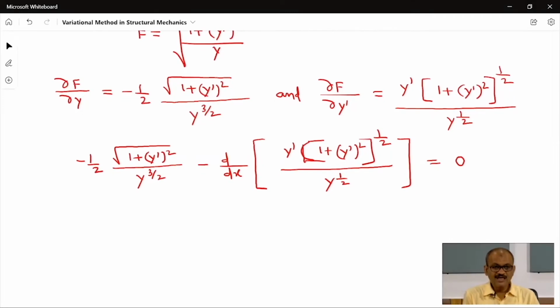This is the Euler-Lagrange equation. If you simplify, it implies minus half into